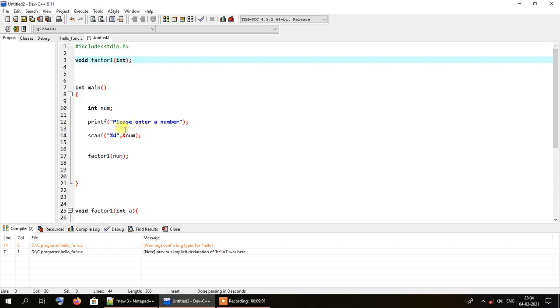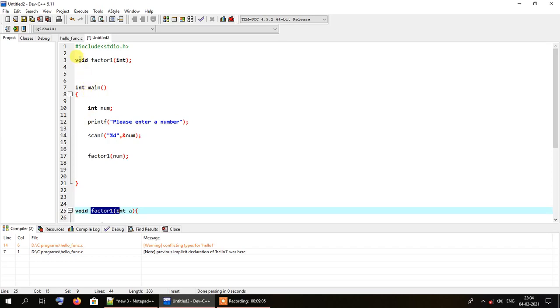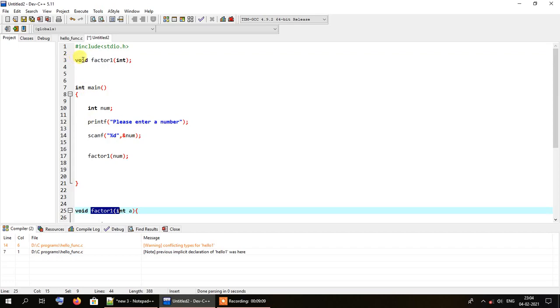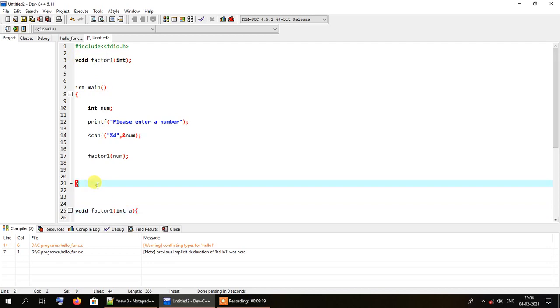As I have written the function factor1 below the main method, I am writing the signature above main, because in olden days or in early days of C programming, unless I specified the method signature above the main method, in case of the functions written below main, the function may not have worked while I called it from the main method.